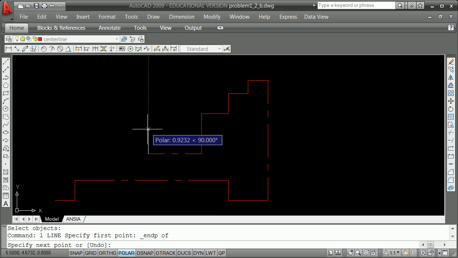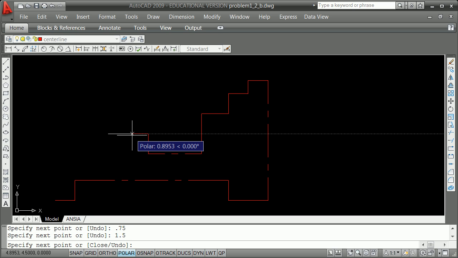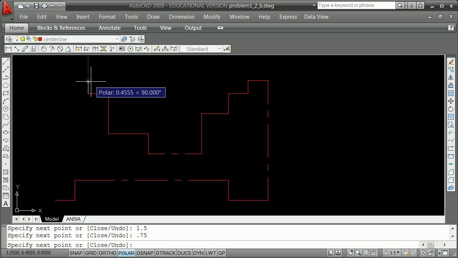Remember, I still have my ortho on, and now I'm coming up 0.75, return or spacebar, moving to the left, 1.5, moving up, 1.5, moving over 0.75, and then moving up one more time,